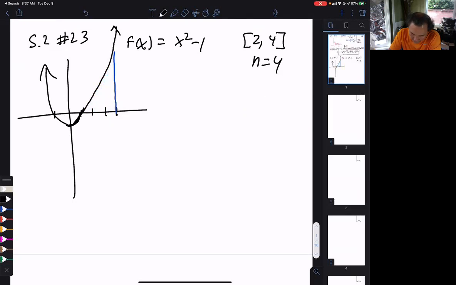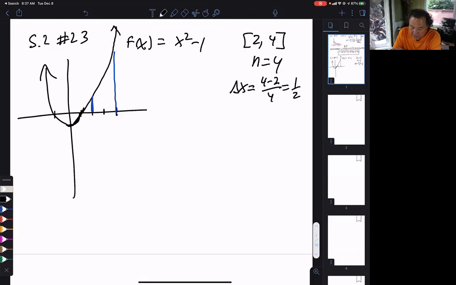So I'm actually going from 2 to 4, and there are 4 of these. So let me do this. What's my delta x? I just messed up. Delta x is b minus a over 4, which is 1/2. So our delta x is 1/2. Therefore,